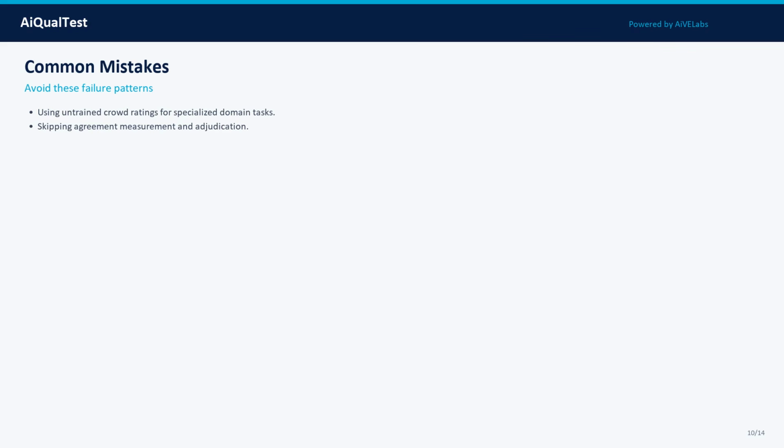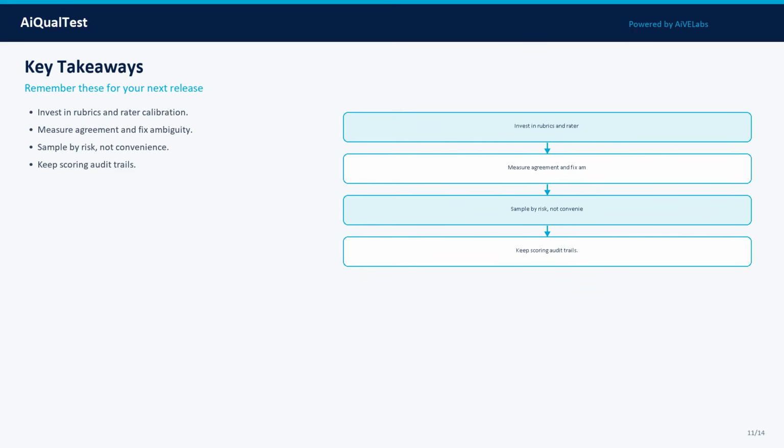Mistake 3: Sampling only easy demos for human review. Mistake 4: Losing the audit trail of who scored what. Teams that skip these create silent risk that surfaces in production or audits. The antidote is discipline: small goal sets, explicit thresholds, change control, and monitoring that connects production incidents back to evaluation suites. Key takeaways for your team.